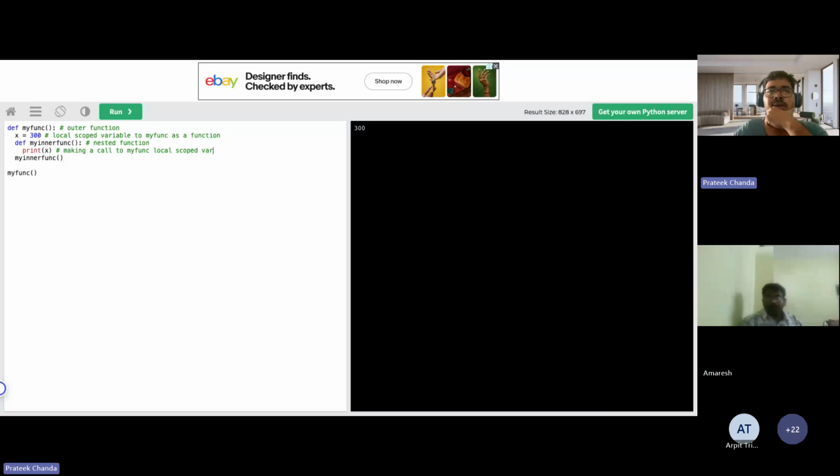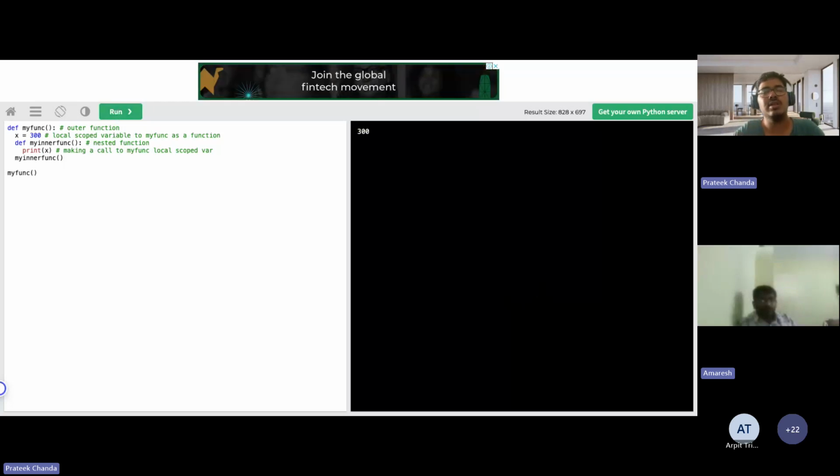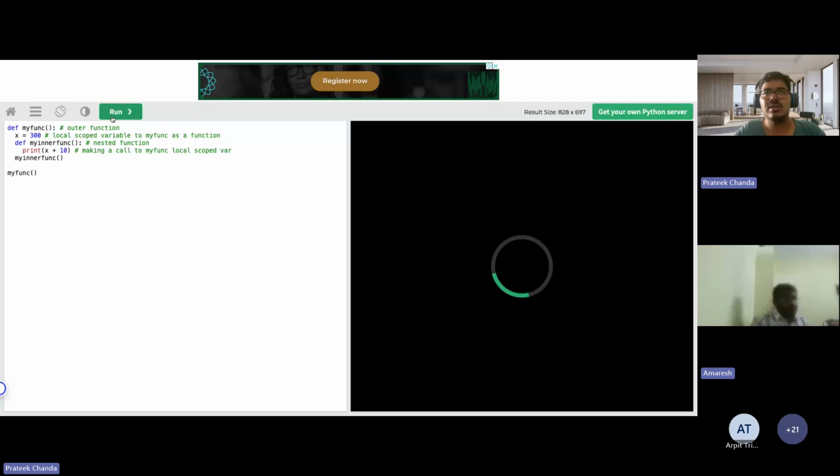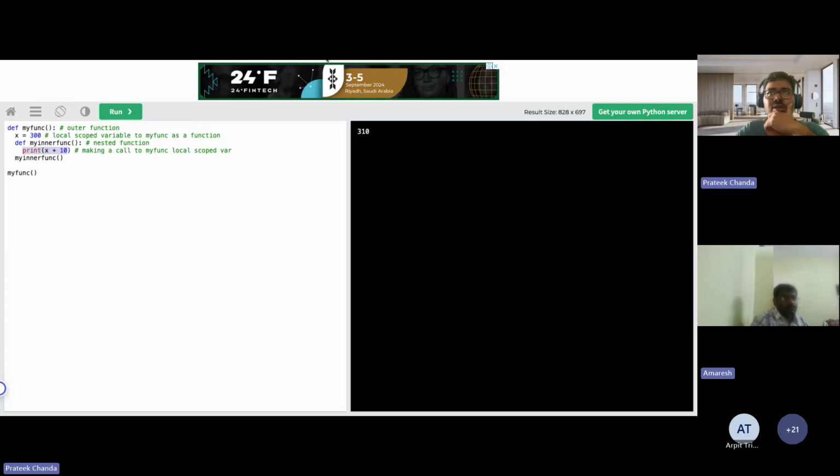So now, let's run this and see what we get. We'll get a 300 value in this. So this is 300. Let's say now I make this change, print x plus 10. I would get 310 as my answer. So as you can see, I'm making a change to the local scope variable here, and it is resulting in a changed value,